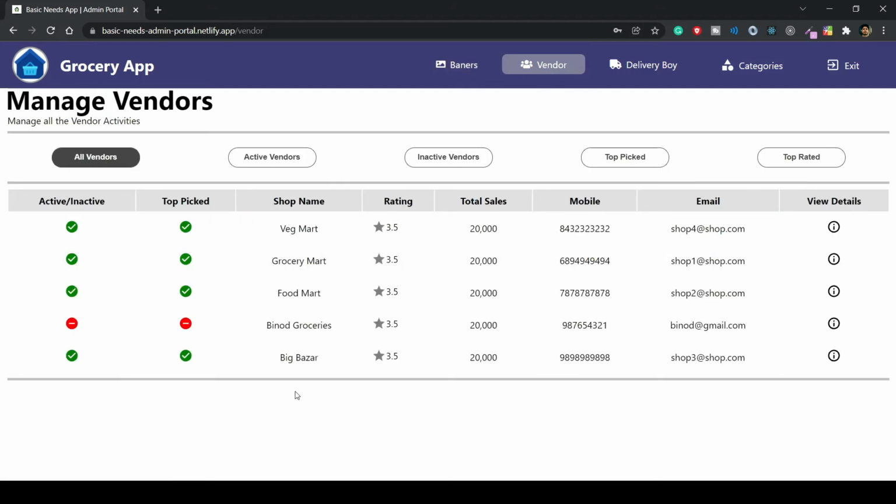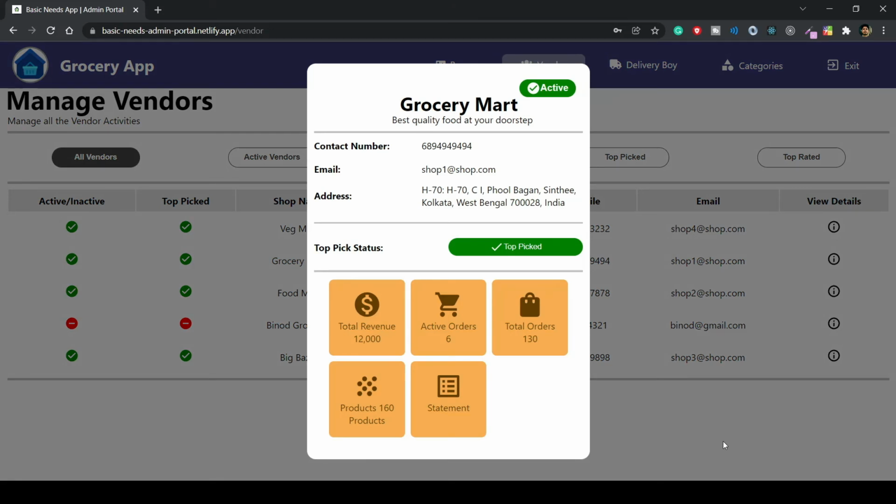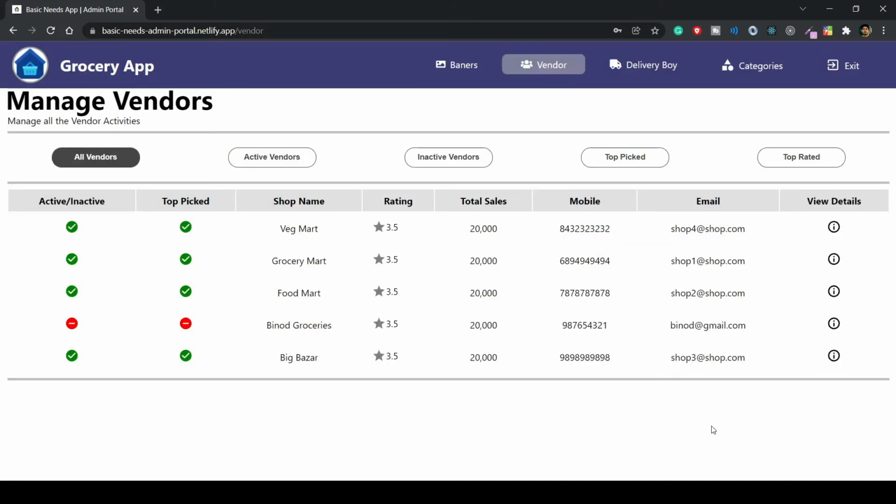Now we can go to this vendor part. In this vendor section, the active and inactive shops are shown, along with the top pick shops, along with the names, rating, total sales, mobile number, email ID, and other details. As we can see, one grocery we have marked as inactive.